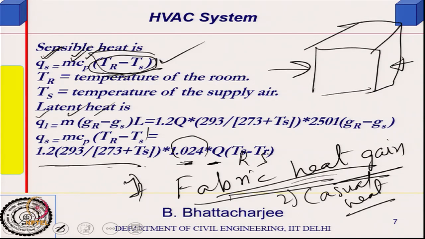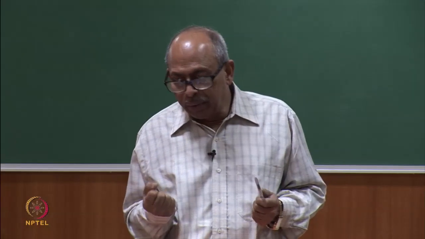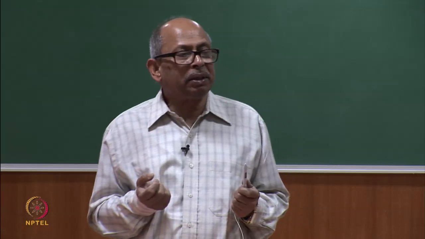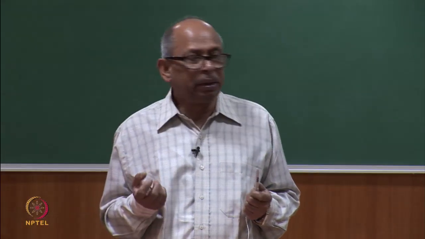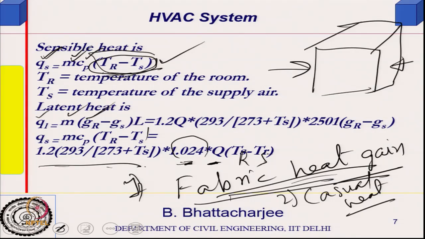GR is also known because relative humidity inside the room is known. So, when relative humidity inside the room is known, from the known relative humidity I can find out the corresponding moisture content, either using psychrometric chart or using some equations, right. I can find out these GR values. So, moisture content within the room will be known, and then how much I want to remove, because GS would depend upon it; if GR and GS are the same, no moisture will be removed.